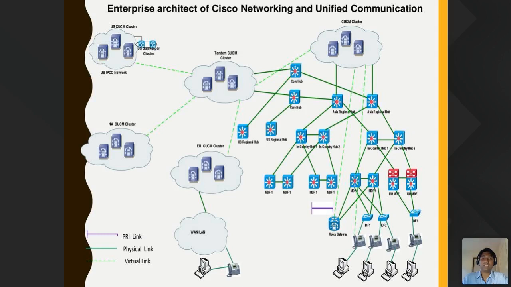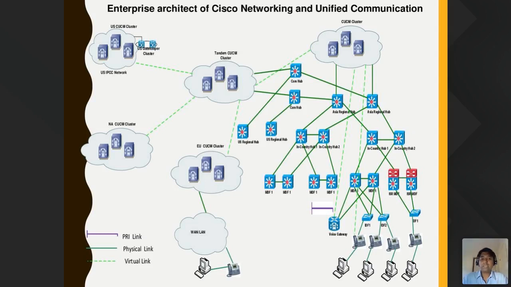to that router. So the in-country router that you're seeing, every country will have an in-country router. Consider India, there will be 2 in-country routers. For example, for this particular customer, one is in Bangalore, the other one is in Mumbai. Just assume. And this Bangalore and Mumbai router will send the traffic, one to Singapore and the other maybe within India, maybe to Delhi somewhere. And this communicates with the core hub, which is in US.